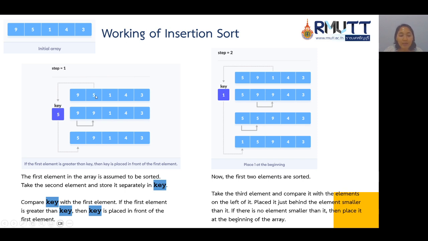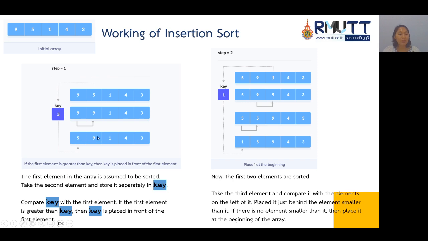And then take the second element and store it separately in the key. And then compare the key with the first element. If the first element is greater than the key, 9 is greater than 5, then the key is placed in front of the first element, like this one. Swap, and then the smaller one is put in front of the first element.